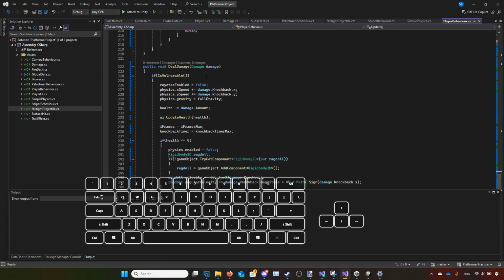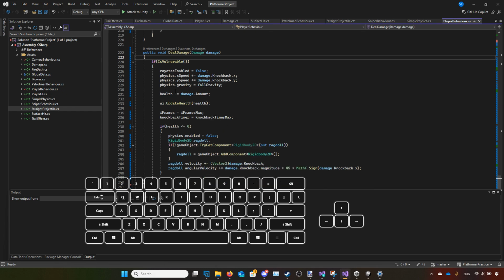We've got a method here, deal damage. It takes a damage object, damage, that describes information about the damage, more specifically the amount and the knockback, which is a vector. And you can just see here we take our speeds and we add the damage vector, and then we ensure that we use forward gravity, subtract the amount of damage taken from the health, update the health on the UI, give iframes, and if we are out of hit points, that's when we then